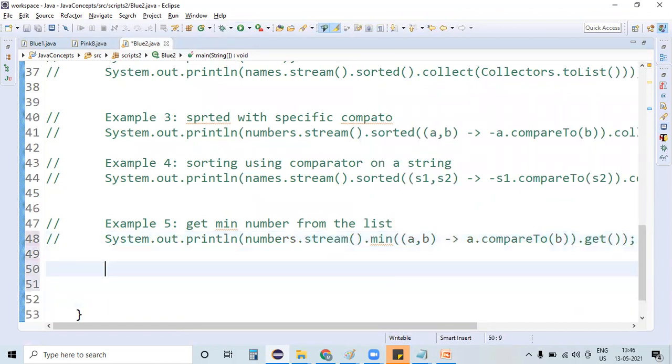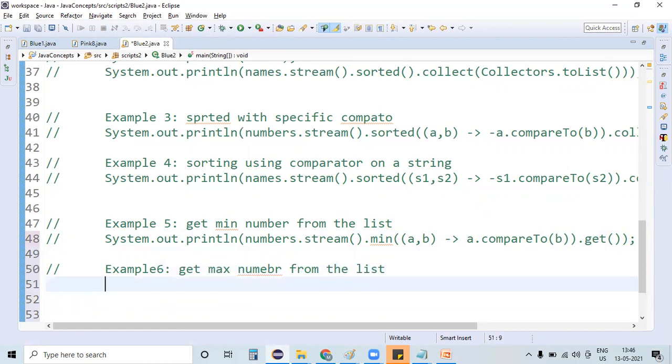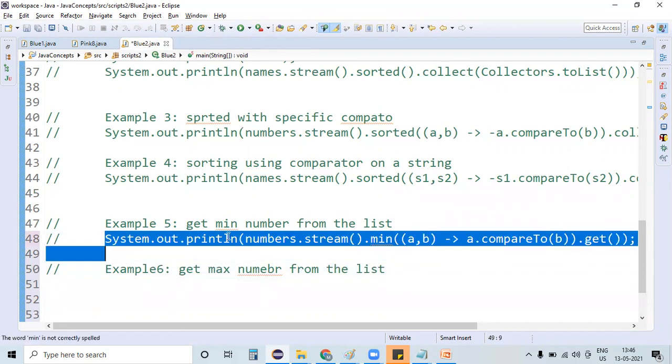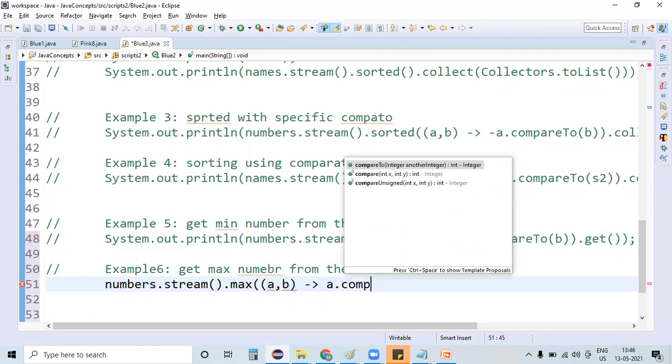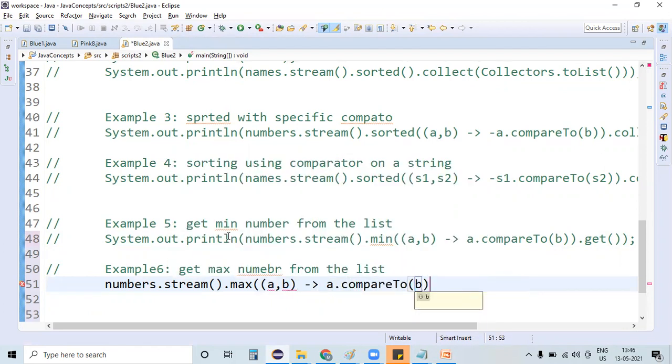In the same way, example 6, get max number from the list. Whatever the maximum number is in that list, get it. What I'm going to do now is numbers, again stream dot max this time, for which a, b are the two numbers in which a.compareTo(b), and simply get that number too, and print the whole information.